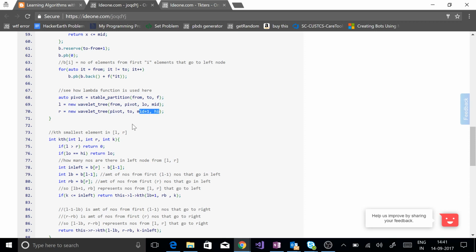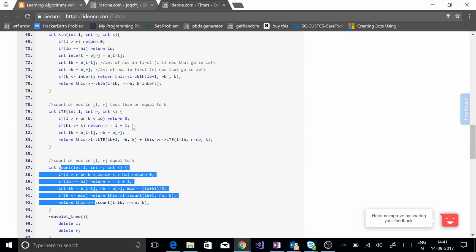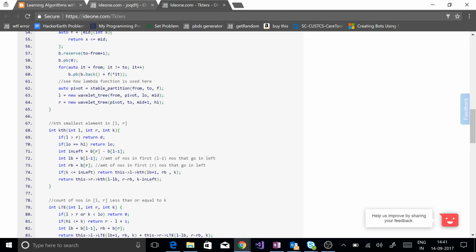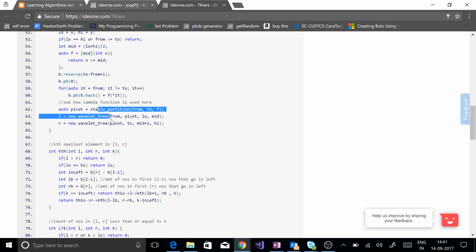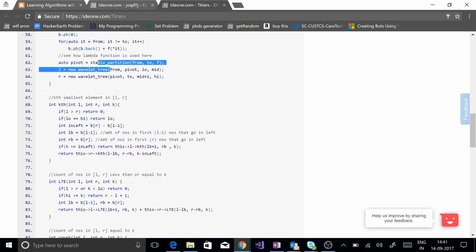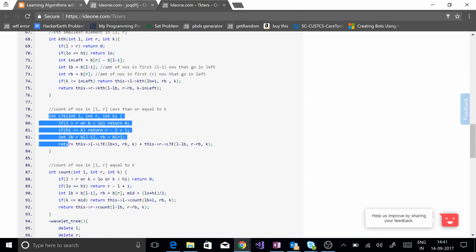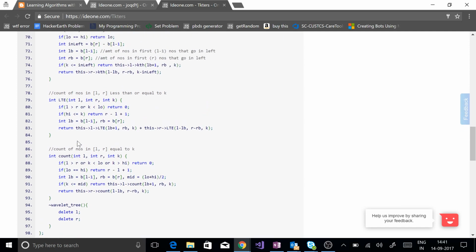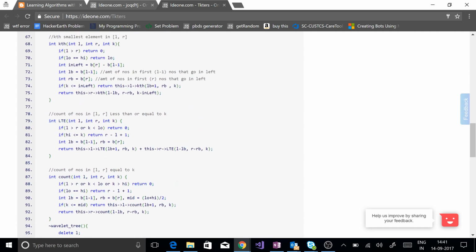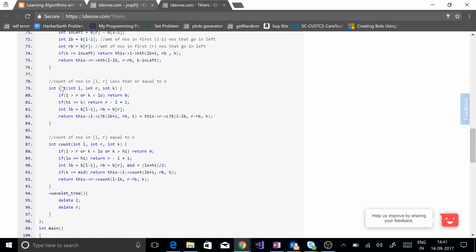So guys, I hope you have understood this and let me just walk you through the other two scenarios. So this is the complete code. Here is the initialization, the building of the tree. Now you are seeing it is so small and it's happening in log time and it's so fast, man. I just love this thing. So we have discussed the kth smallest, I will skip that. Now let's discuss LT.